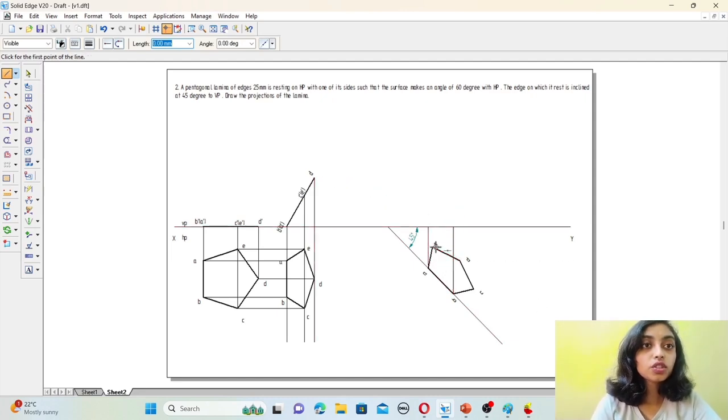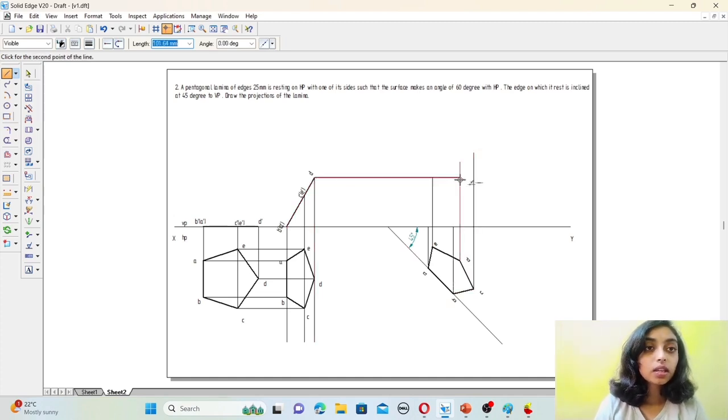Then the line somewhere here. Then D line. Then extend even these lines, C to here. Then again B to here.